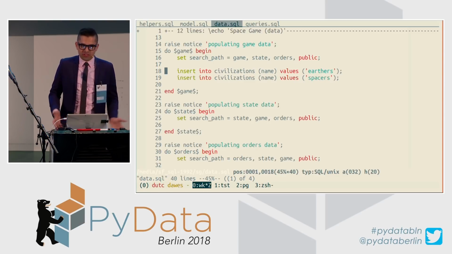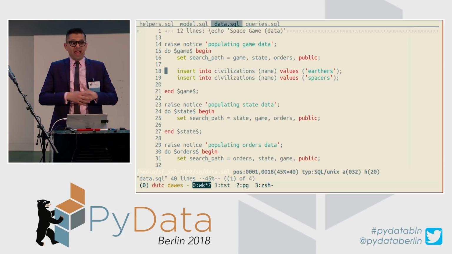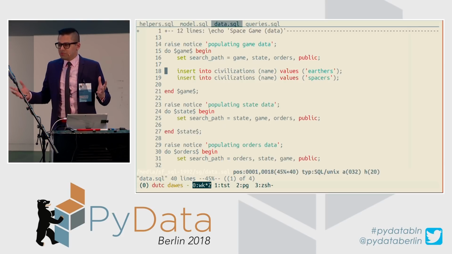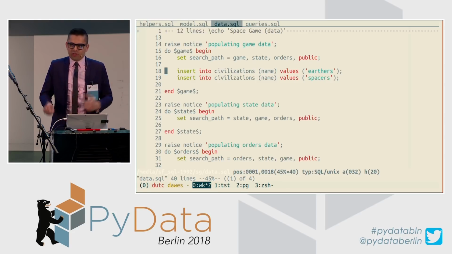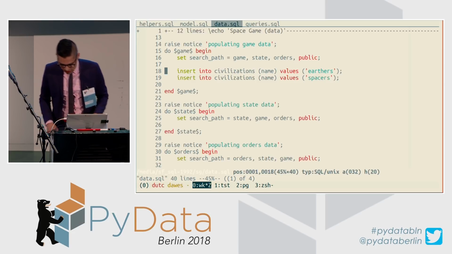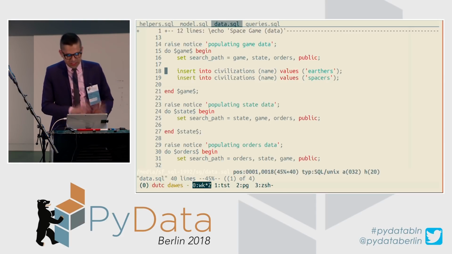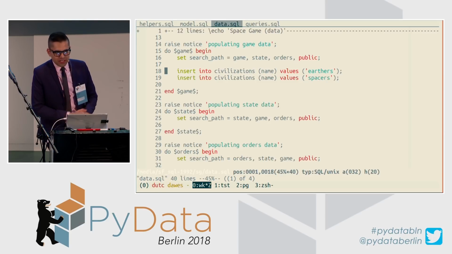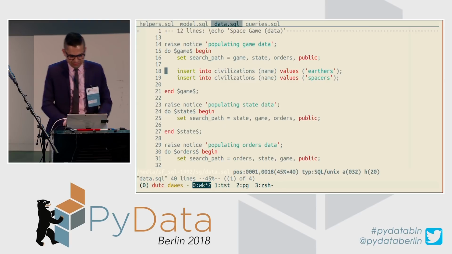And we have the Spacers. They're erudite, they dress very nicely, they're very tall, but they're in an existential crisis because they over-rely on robots, and they have a demographic crisis, and they'll never be able to survive a war with the Earthers. The Earthers tend to be more populated, and the Spacers tend to be more technologically adept. That has no bearing on the rest of this talk. I thought I would just share that with you.